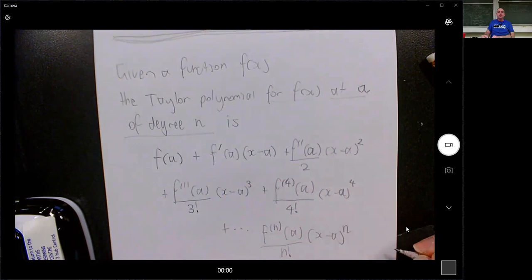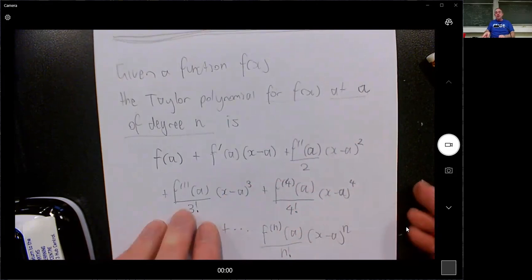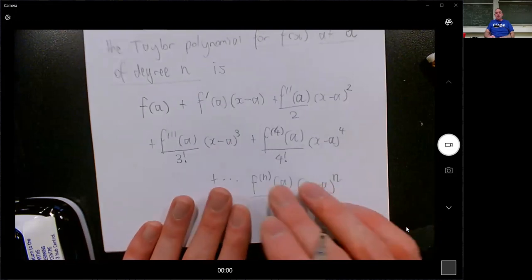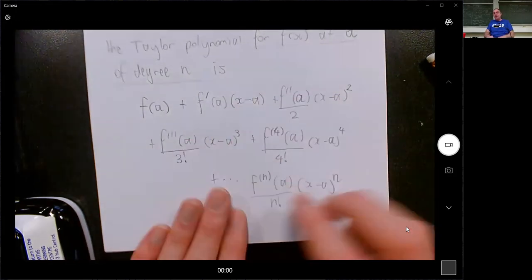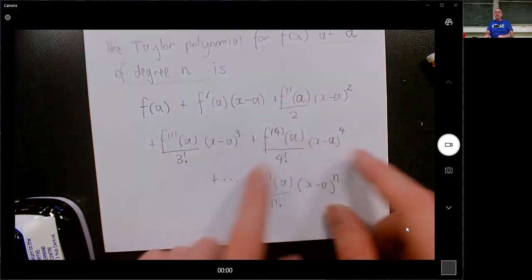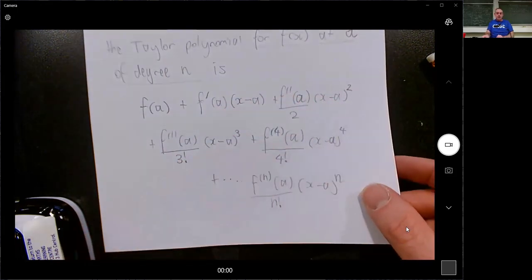And then you'll stop. So it is possible to have a Taylor polynomial that stops earlier than I've done here. You can stop here, or you can stop here, you can stop here, you can stop here. So just to be absolutely clear,